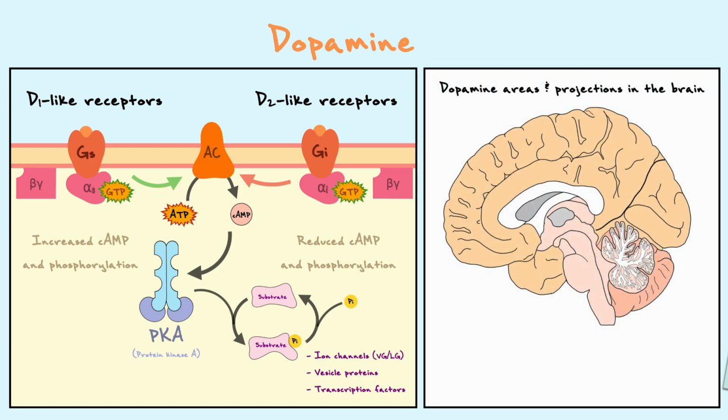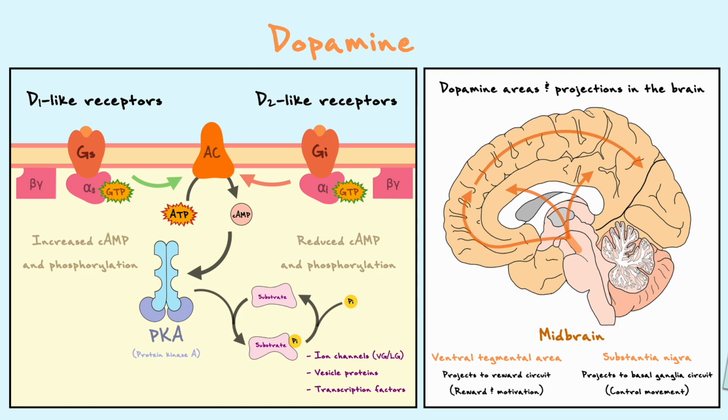Now, in terms of where you can find dopamine in the body, the two principal areas that are associated to it are the substantia nigra and the ventral tegmental area, which are two regions found in the midbrain of the brainstem. Projections from the substantia nigra are most known for their involvement in the basal ganglia circuit, which mediates certain aspects of movement. Projections from the ventral tegmental area are known for their involvement in the brain's reward circuit, which